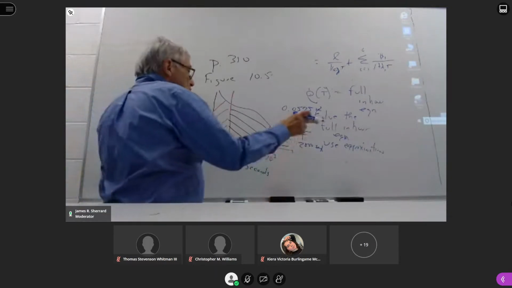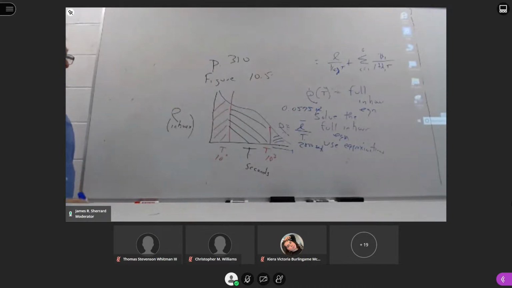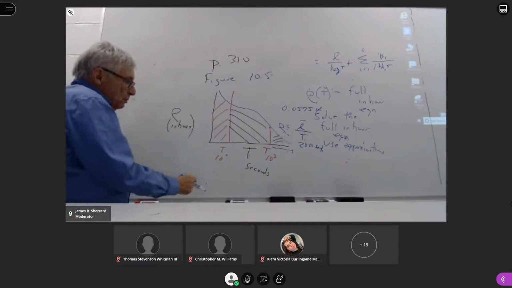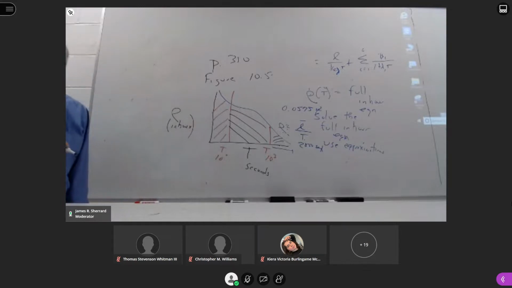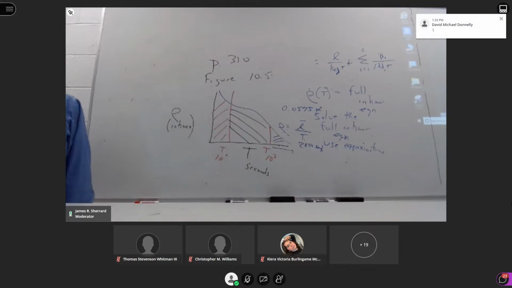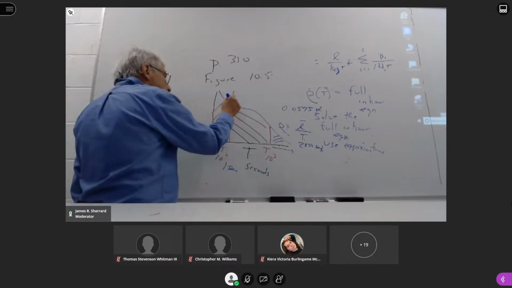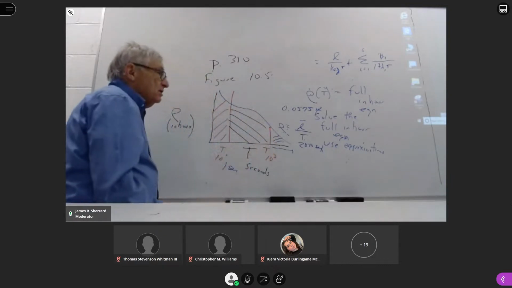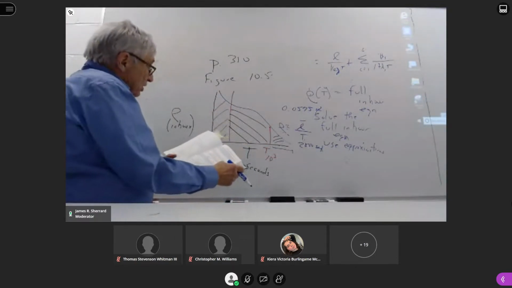So a lot of times the engineers will use this shortcut to come up with the reactivity needed to make a reactor period be exactly what you're after. If you're between 10 to the 0, and what is 10 raised to the 0 power? That's right, 1 second. So if you're anywhere between 1 second and 1,000 seconds for what you want the reactor period to be, this tells us that we can use the equation